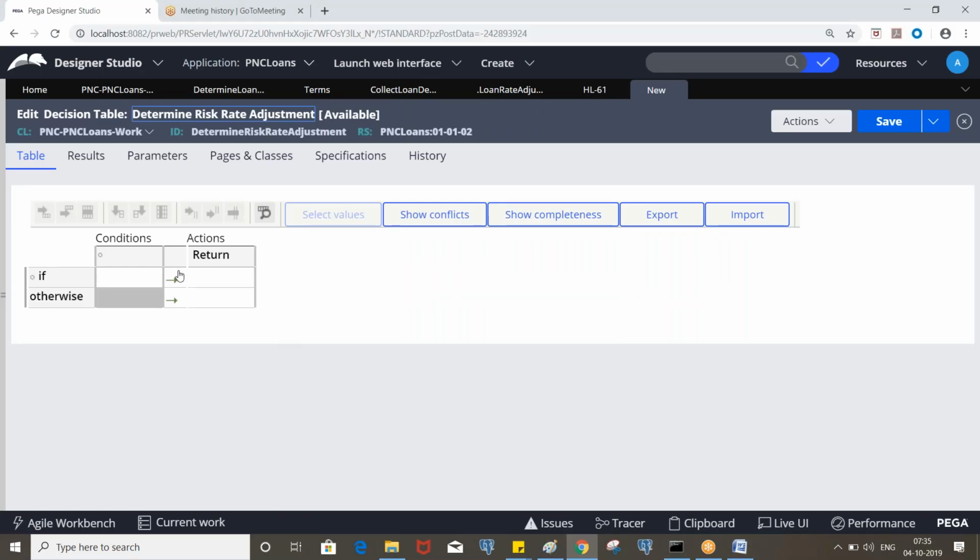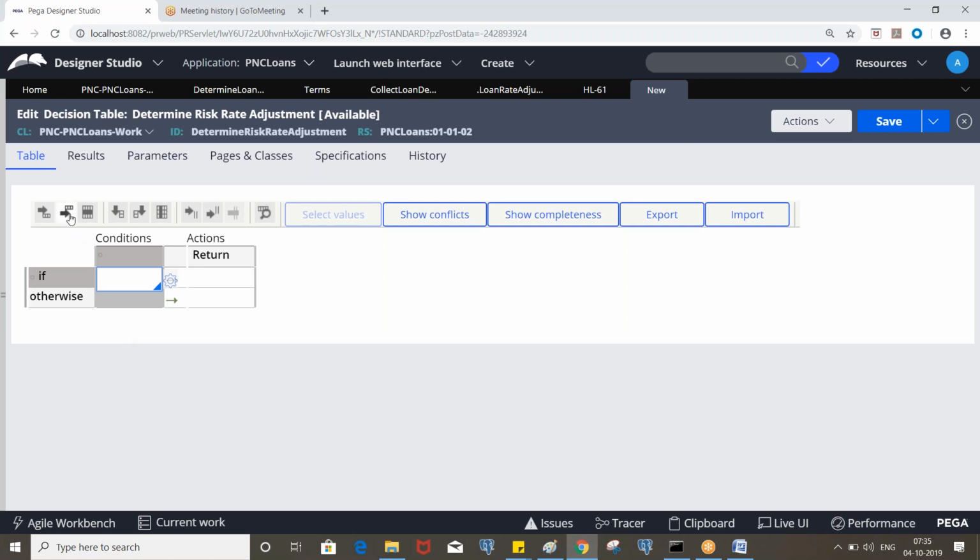Okay, so this is the decision table rule form. Before you create a tree or table, you need to know what properties are involved here.